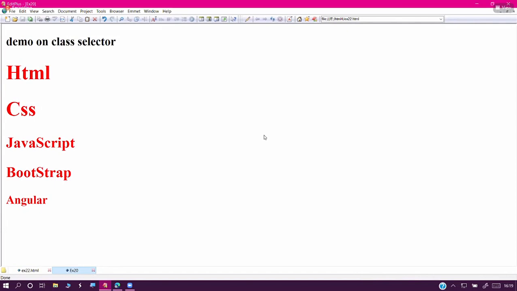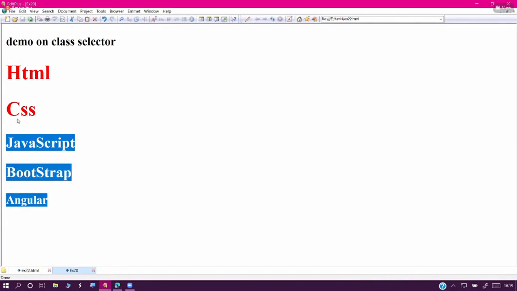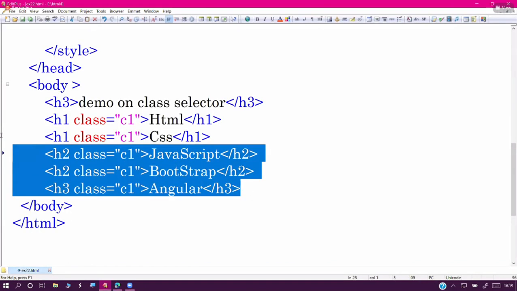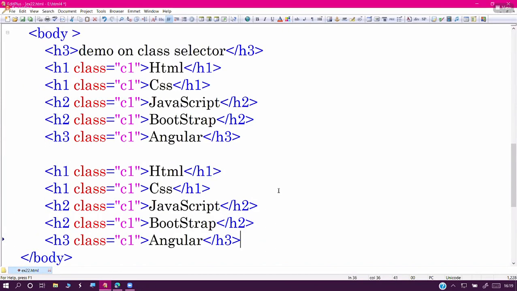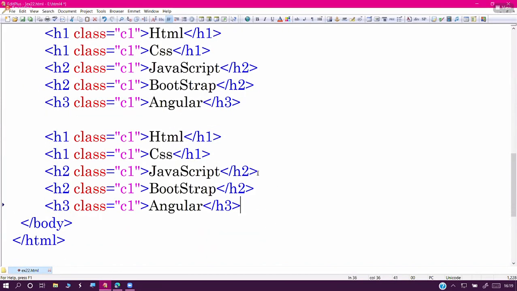Different tags and different number of instances, but the output is common. Next, see this one. I will show one more. Again, I'm repeating the same tags there. Same tags, but the data we are changing. Suppose,